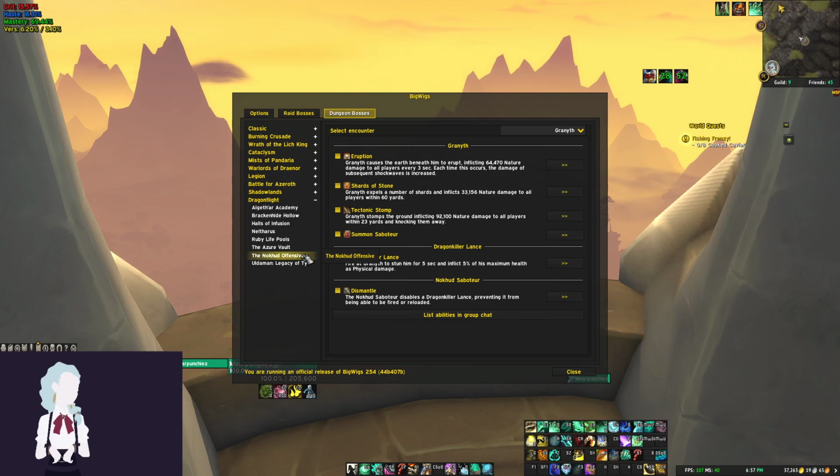We want to have specific sounds set up for each of those. So, whenever there's a dangerous debuff on ourselves, we want it to make the same sound in BigWigs across all dungeons and raids and everything like that, because then whenever we hear that sound, we know exactly what it is, even if we're in a different dungeon, which is extremely, extremely helpful